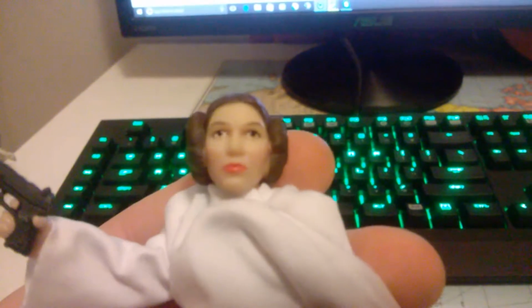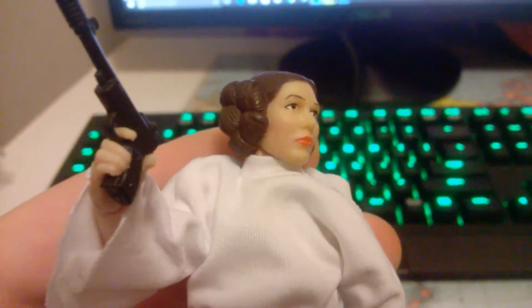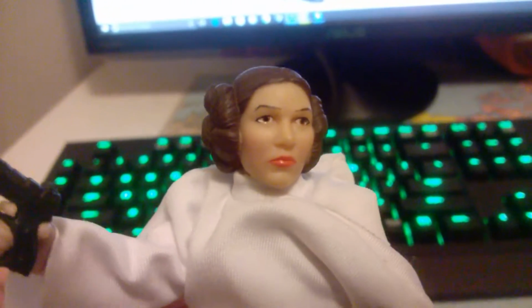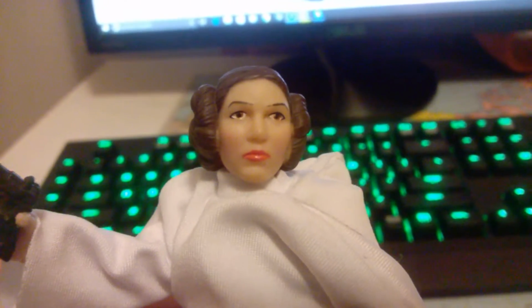The lips are painted nicely, the eyes are painted nicely. She's got some blush going on in the cheeks, it looks really good. Hair is sculpted nicely as well. And I think it looks really good for them, or pretty good for the most part. The 40th anniversary one does look better, but